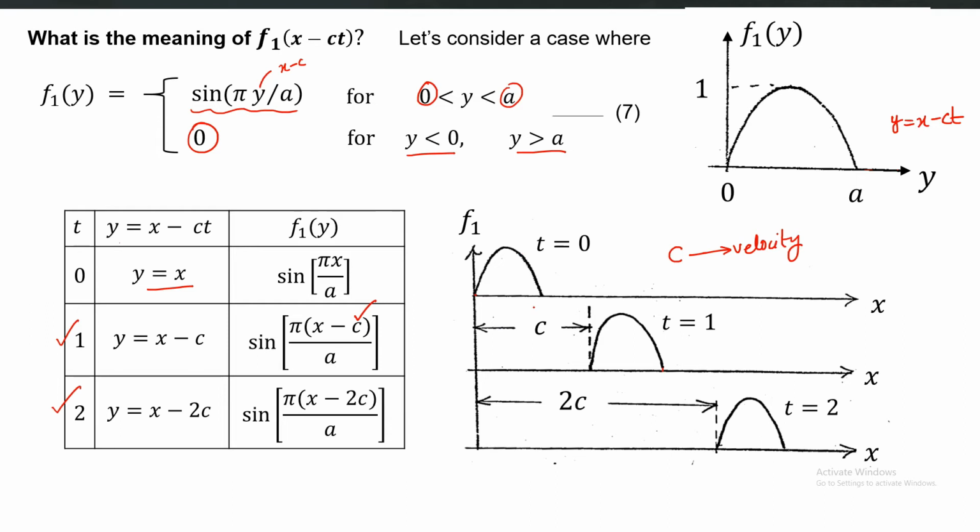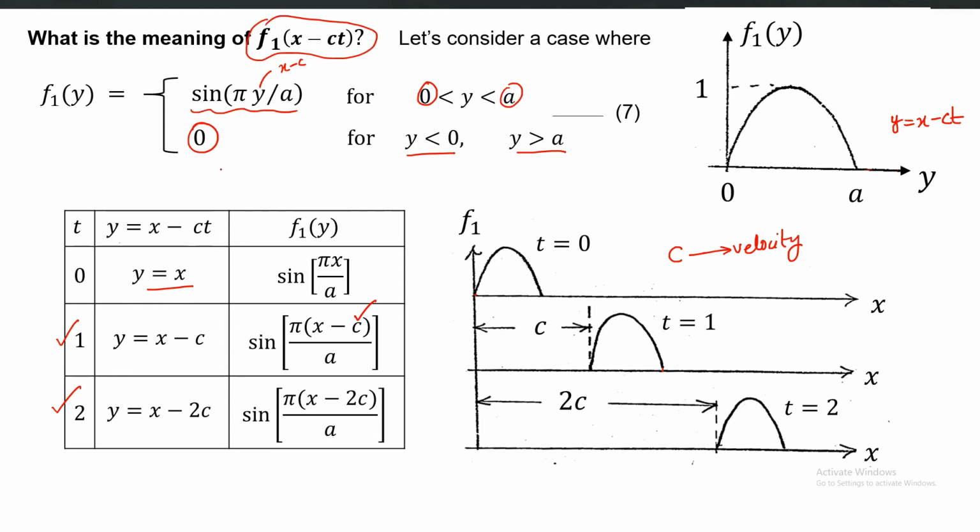So now you know the physical meaning of this function f1 also, that why we have assumed it in this form, because it can capture the traveling of a particular shape. In this case, that shape will be the displacement shape. The displacement shape or that disturbance will travel along the length axis or x-axis if it has this form f1 of x minus ct. So f1 is any function.